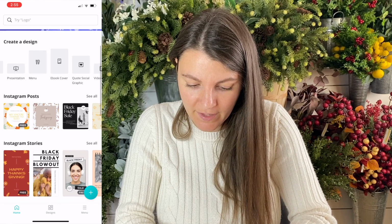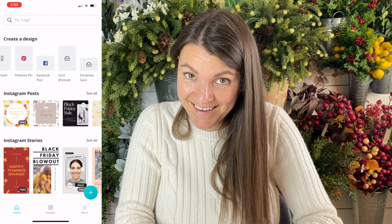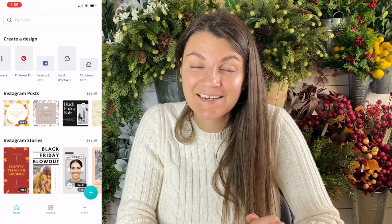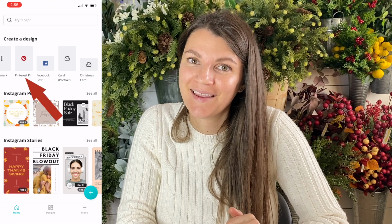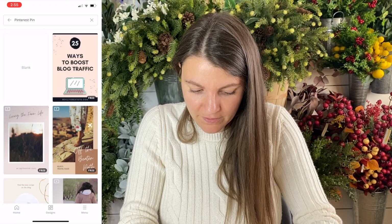Okay, now I'm going to show you how to make an easy pin using one of the templates they have, or you can do this blank and just, it's really simple. I'm just going to show you how to do one very quickly, and you'll see how quickly this is done. I usually do things like this in the pickup line at school, and it's just a great way to get some work done when I can't be in my workroom making wreaths. So just click on Pinterest pin. You get a bunch of templates,